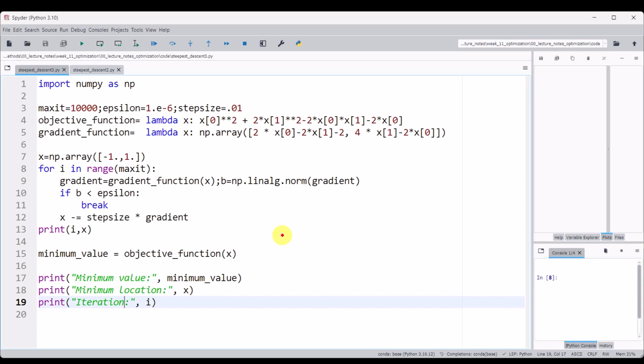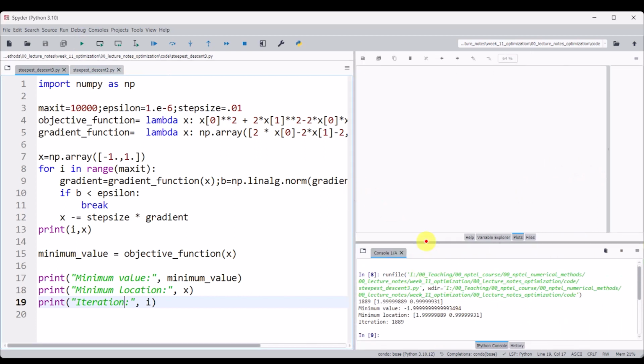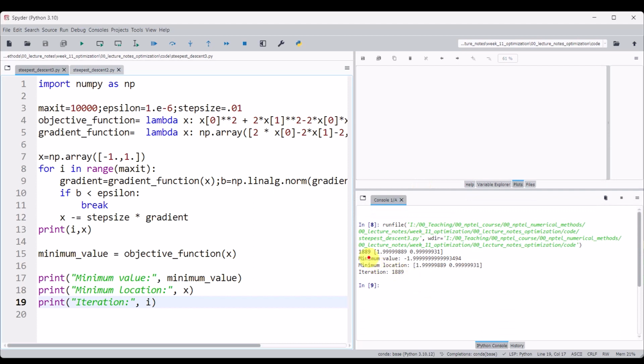This is our old computer program that we have just seen. Here you can see that I am taking this step size 0.01 and I am calculating this minimum value, location of that minimum value, and the number of iterations. If I run this code, you see that you have the result here, and the result shows that it has gone up to 1889 iterations, and it is giving the value that I was just showing, negative 1.99, and the location is 1.99.99,